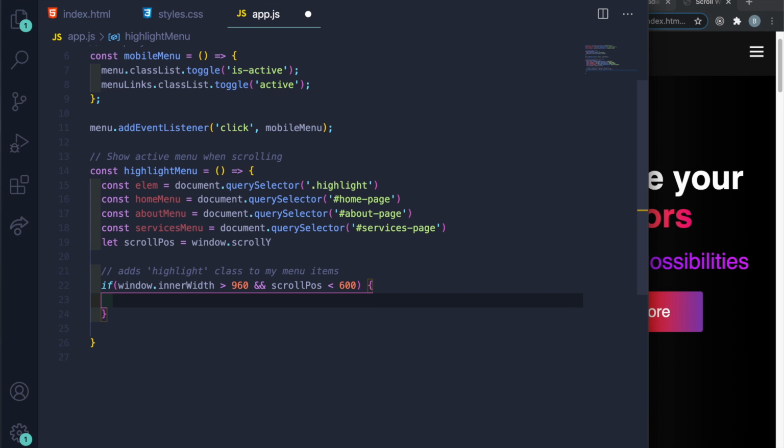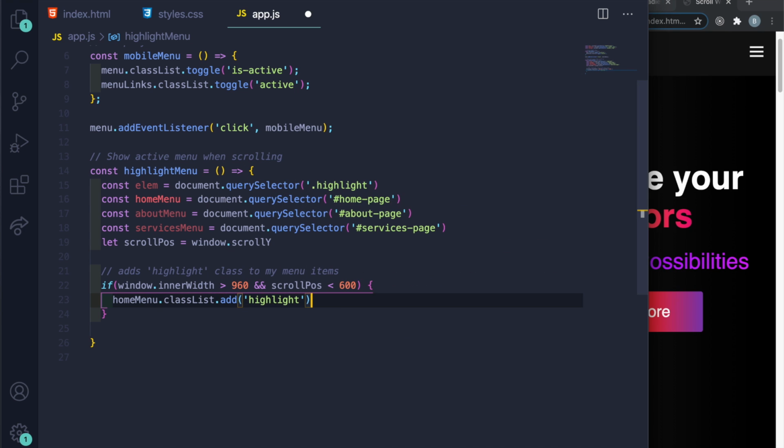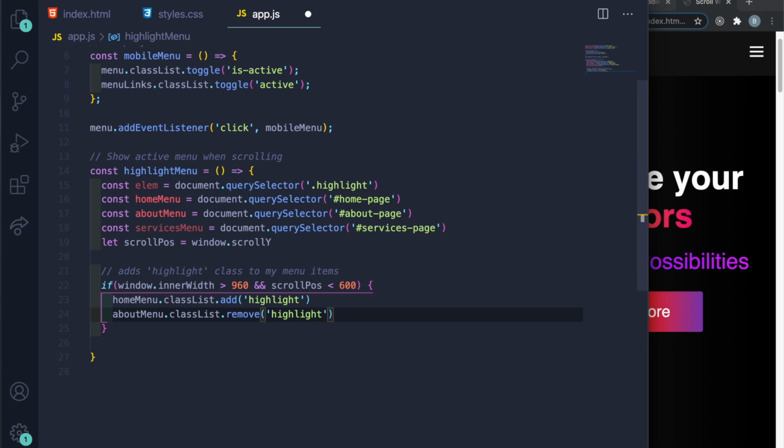And then if that is true, then I want to target home menu. And then I want to add a class. So you say classList.add, and I want to add the class highlight. But the thing is, when you do this, you scroll past the about section and it ends up adding it, and then you scroll past the next section, it ends up adding it as well. So for this one, I want to make sure I have the about menu, now I'm targeting, and I'm going to say classList.remove. I'll remove the class from the about. So when I scroll back up,